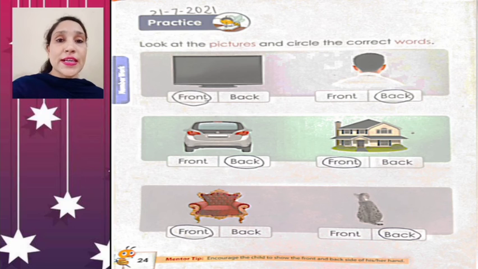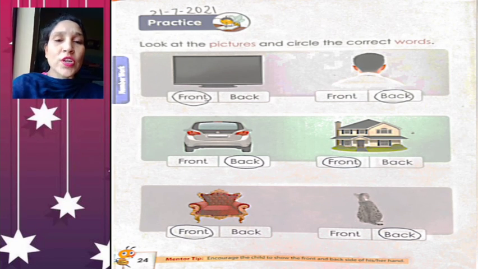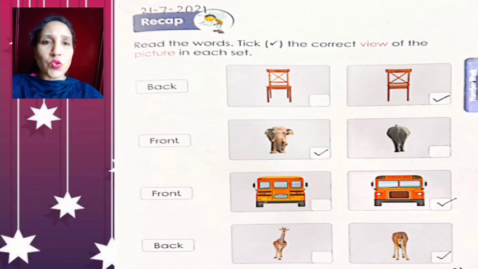We can see here the front view of television. हम यहाँ पर टेलीविजन का फ्रंट व्यू देख सकते हैं. So we will circle on front word. See the next one, front or back. Here we can see back view. So we will circle on back. So students, I hope you understood how to recognize front and back views and how to circle on front and back. Hope you understood how to do front and back in your UT.